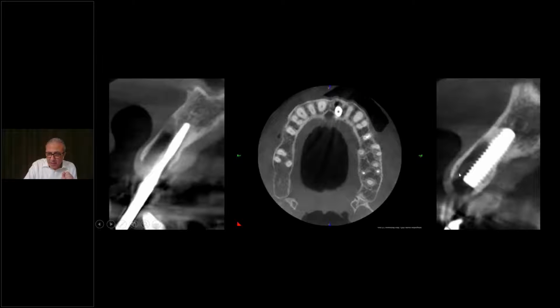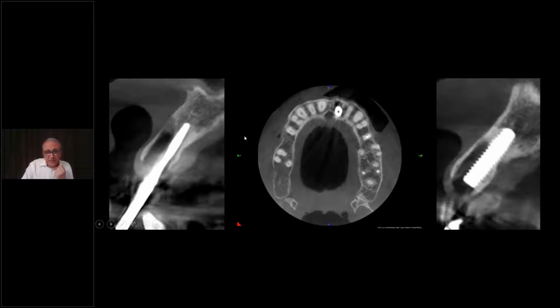This is the implant placed, leaving the gap, subcrestally sinking the implant, leaving the buccal gap. This is the way we do it. This is not arbitrary placement. So my advice to you is: do not think it is easy to just put the implant in with your hand manually and think you are an expert. I have been 30 years in this profession, and I fail to put an implant in, to do the drilling this way. I have to use the surgical guide.